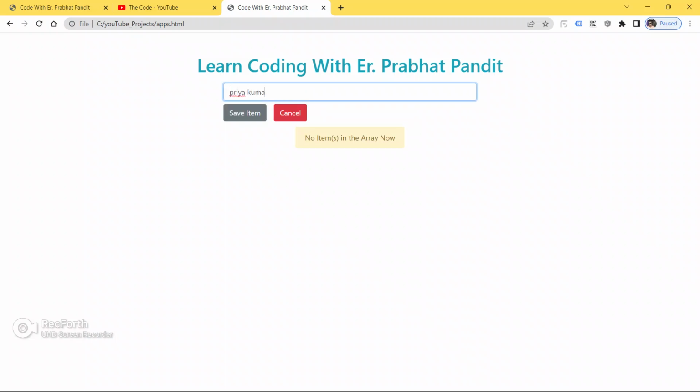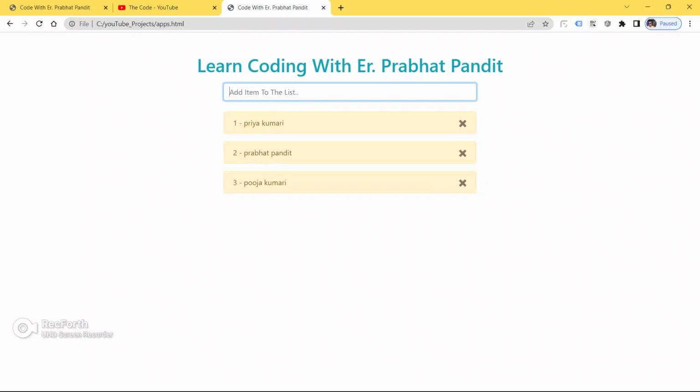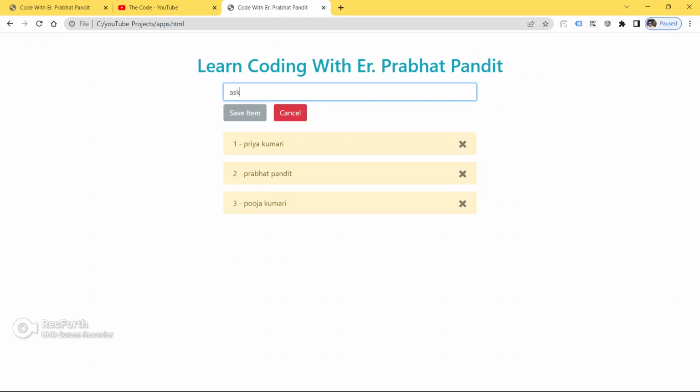Now put something in the array. Put Priya Kumari. Click save button. Put Prabhat Pandit. Click hit enter. It's working fine, guys. Put Pooja Kumari.